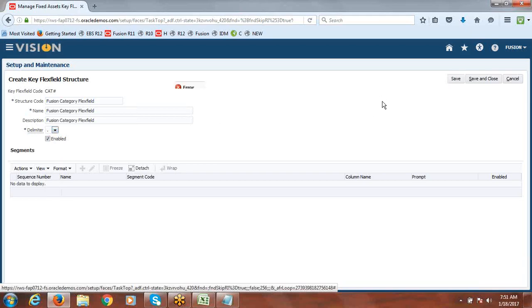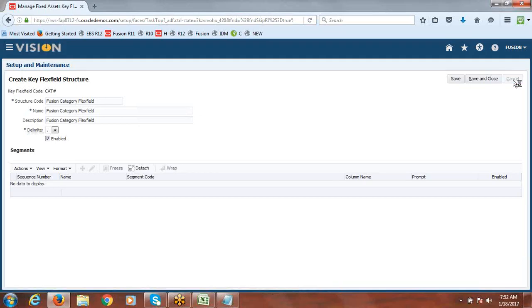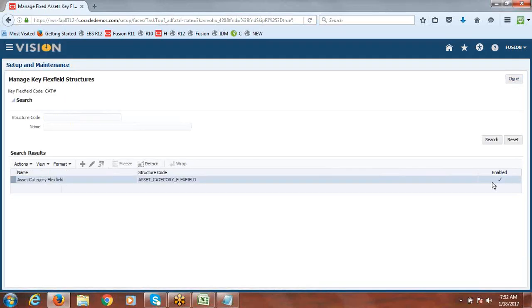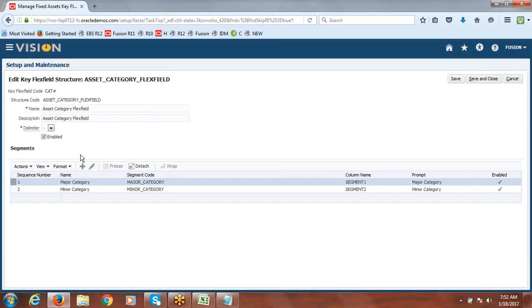We know, like we created the chart of accounts structure, the same way. But it gives an error: no more than one enabled structure in application 140. The reason is that the existing structure is already in enabled mode. What we can do, for testing purposes, is disable this one temporarily, then it will allow.